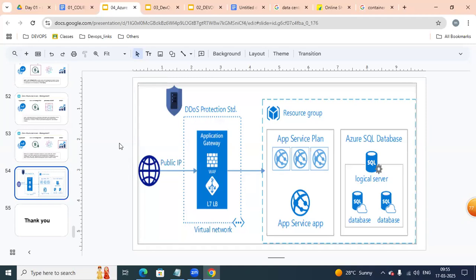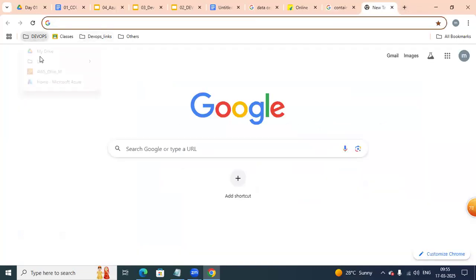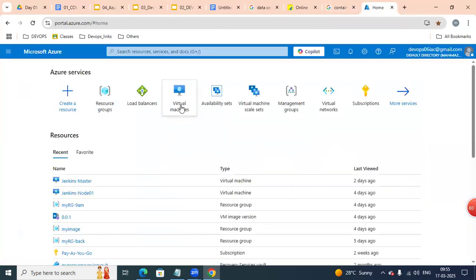I have one last question. After our course completion, are we eligible for Azure DevOps engineer? Yeah, definitely. We're going to be covering this pipeline, whatever we have discussed, under Azure pipeline also. So we can be eligible for CI/CD. Normally CI/CD we can implement, and CI/CD we can implement in Azure also.